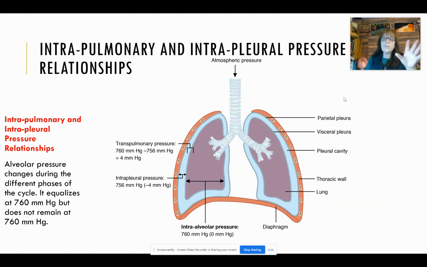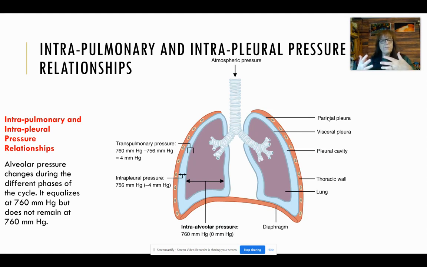So anyway, similar to the intra-alveolar pressure, the intrapleural pressure also changes during different phases of our breathing. There are certain characteristics in our lungs, like the intrapleural pressure is always lower than, or negative to, our intrapulmonary pressure, and therefore it's always lower than atmospheric pressure. Although the intrapleural pressure fluctuates during inspiration and expiration, it remains approximately negative 4 millimeters of mercury throughout your